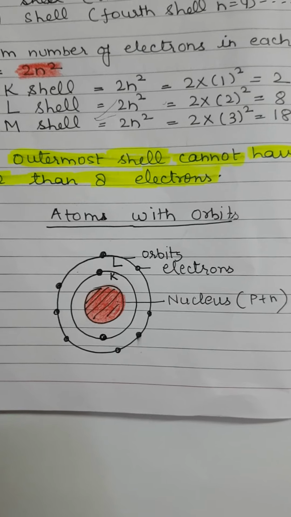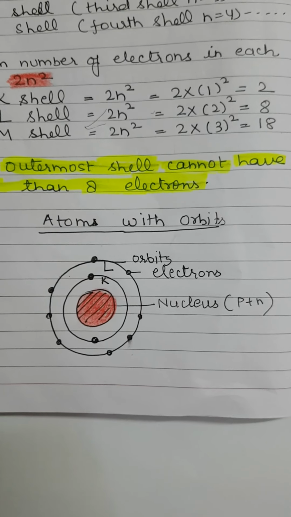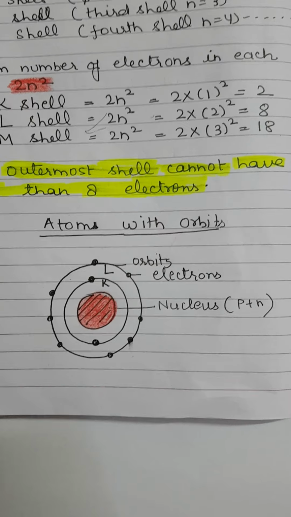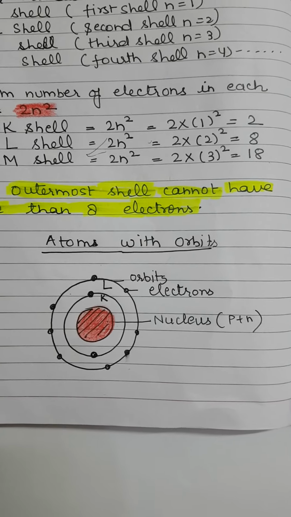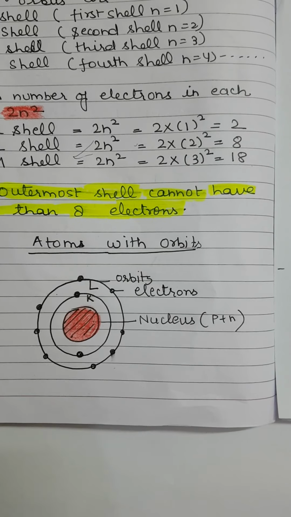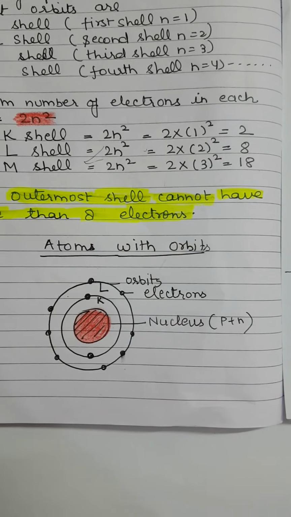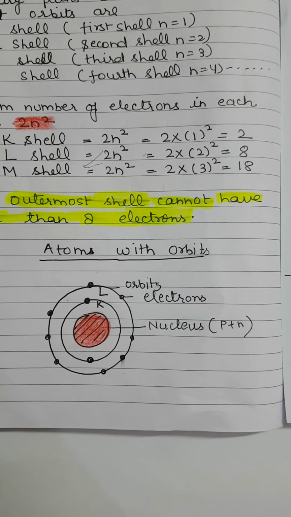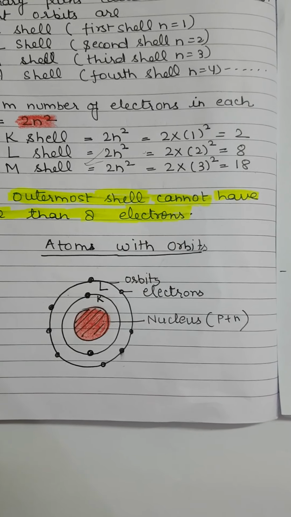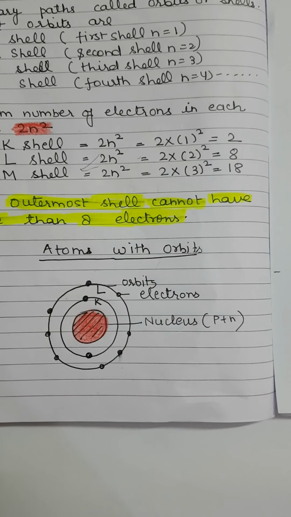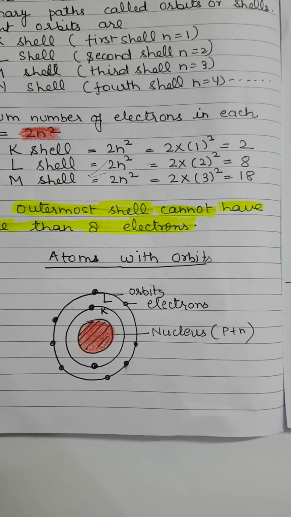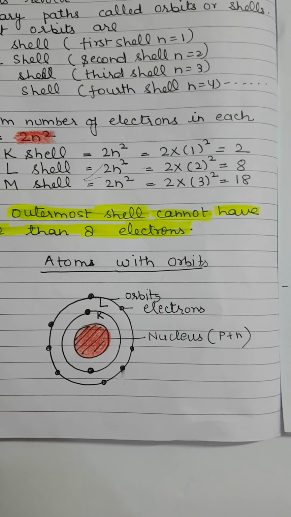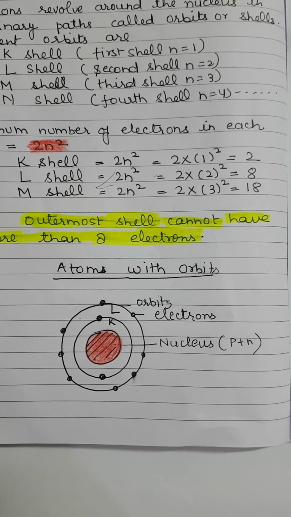The positions of electron, proton and neutron you can easily see in this diagram. In the center, a nucleus is present, and in the nucleus proton and neutrons are present. That's why I have written here P plus N. P means proton and N means neutron. Around the nucleus, a fixed imaginary path, the orbit, is present. It is denoted by K, L like this, and this dot indicates the number of electrons.